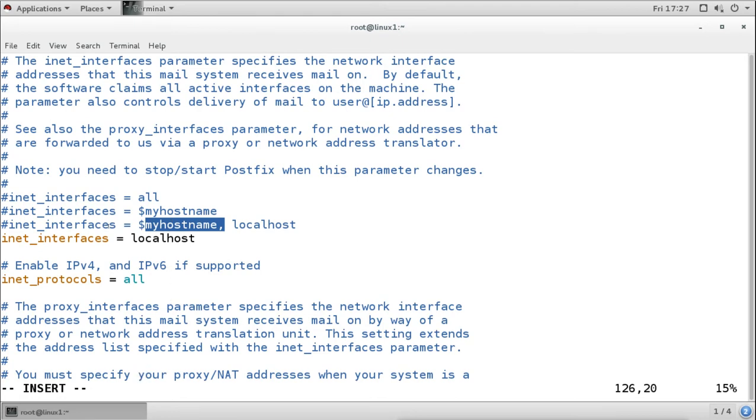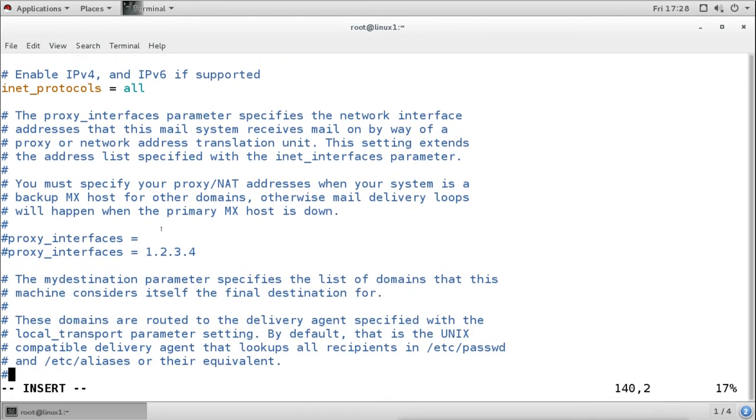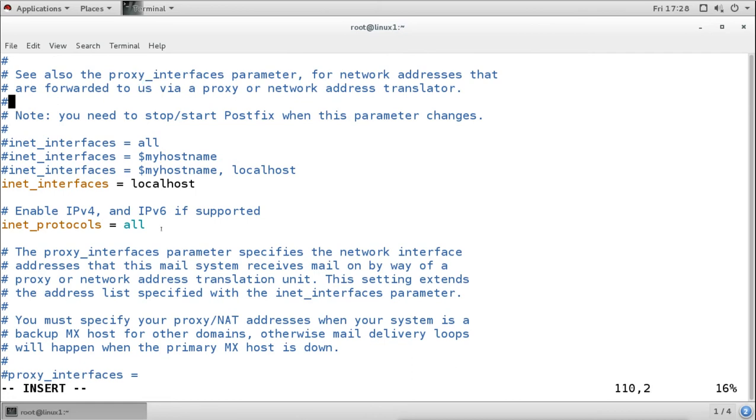Now if you see the configuration down there, those configurations are using the variables which we have configured. Now here it is configured inet interfaces is equal to localhost, and this is why our Linux SMTP server, our postfix server, is listening on 127.0.0.1 IP, only on the loopback IP.